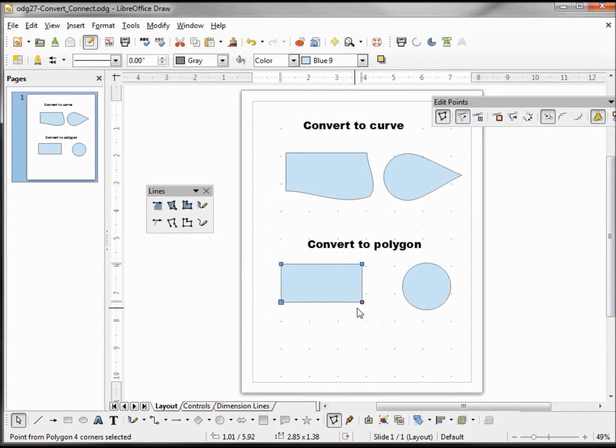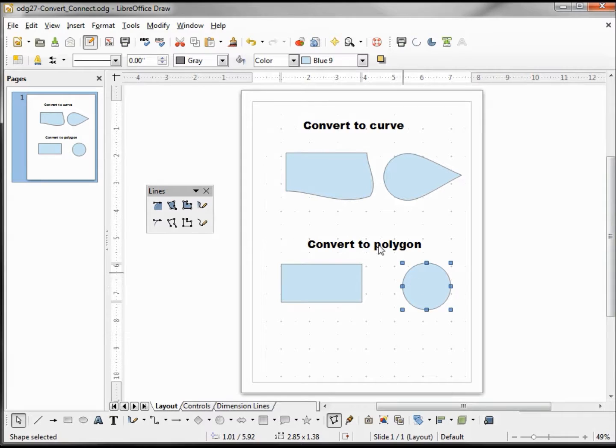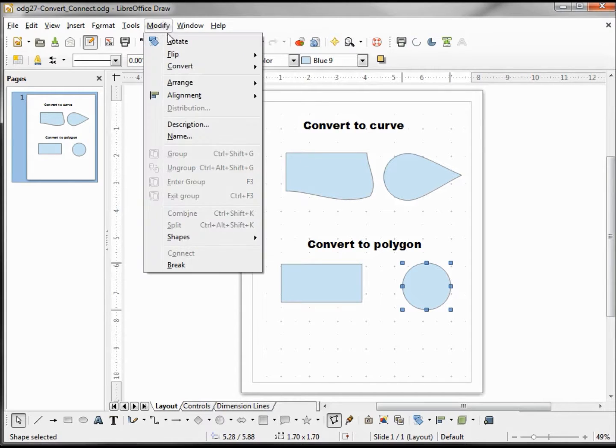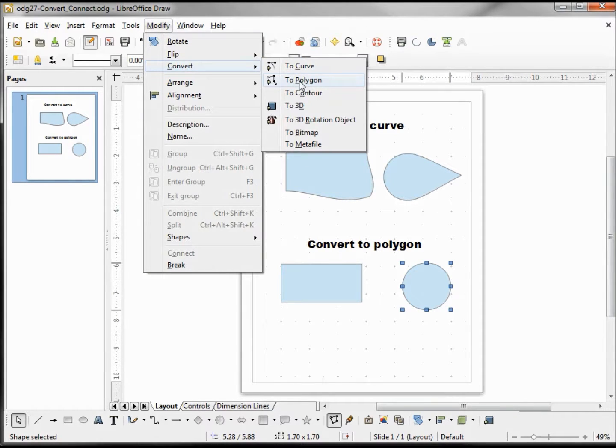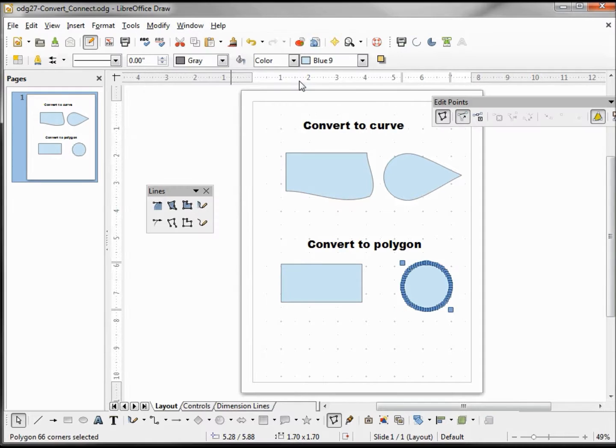And we can convert this point to a Bezier curve just by clicking on one of the points in the edit points. So if polygons only do straight lines, how are we going to do this circle if we convert this to a polygon? Let's check it out. Clicking on it, modify, convert to polygon. There we see many transition points, all straight lines, and to show that they're straight lines, we have to zoom in a little.